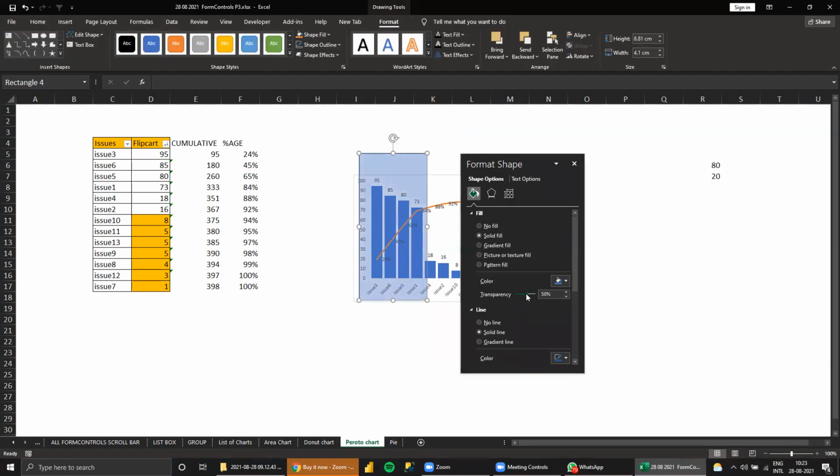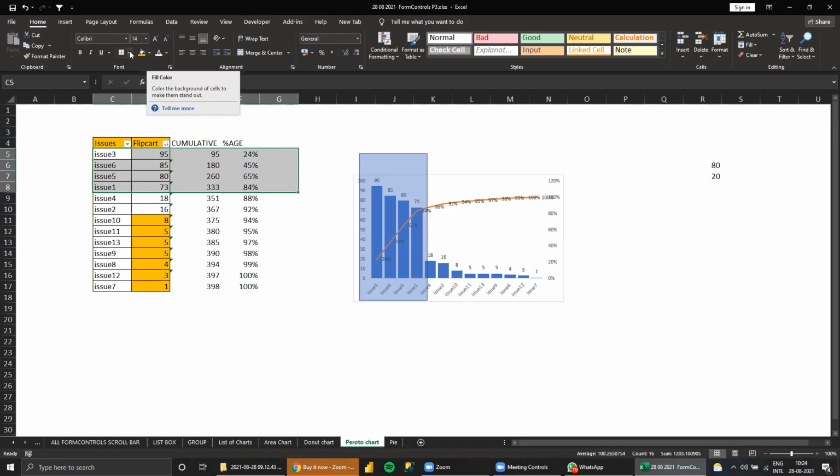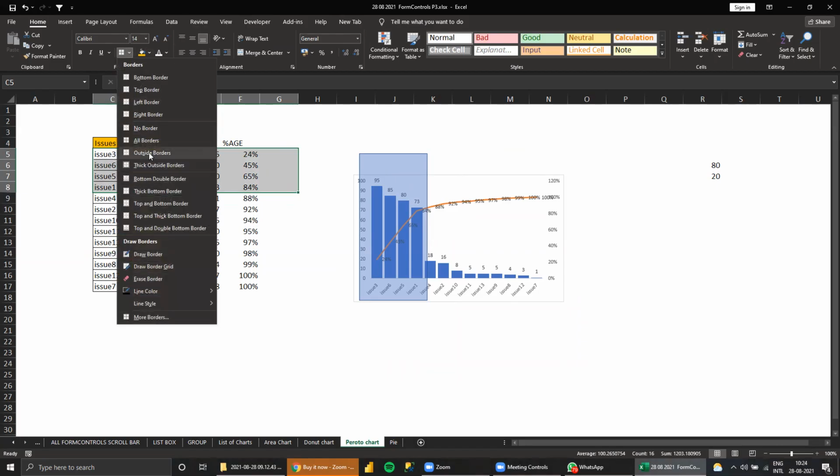So you can show like this, all these issues you need to work on. This is the Pareto chart, only for issue presentations. So these all the areas we can show here also, like the outside borders.